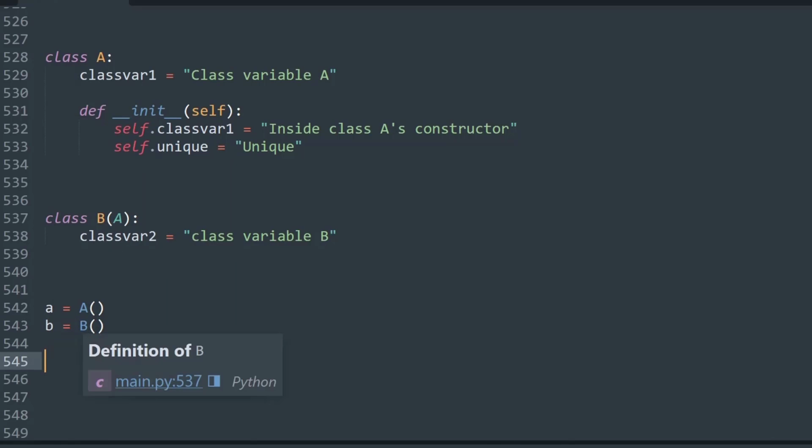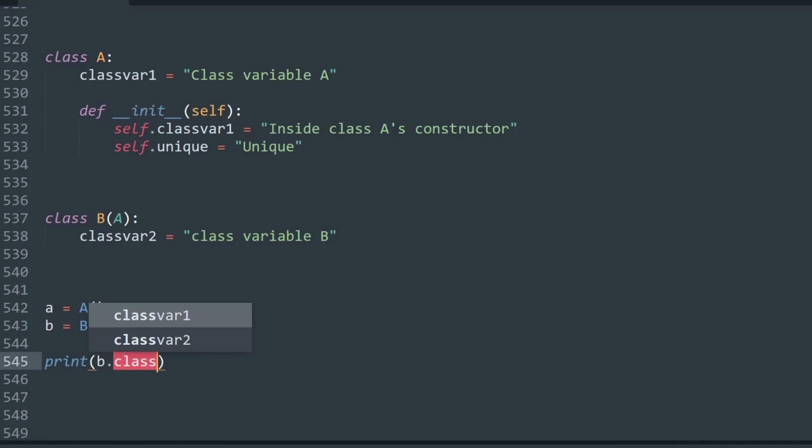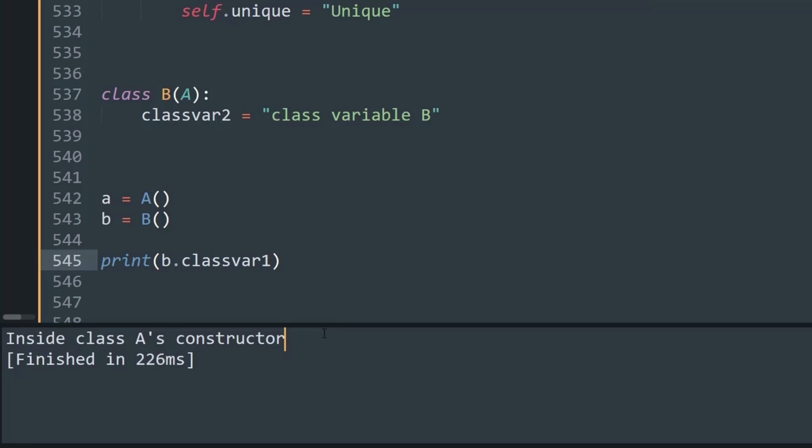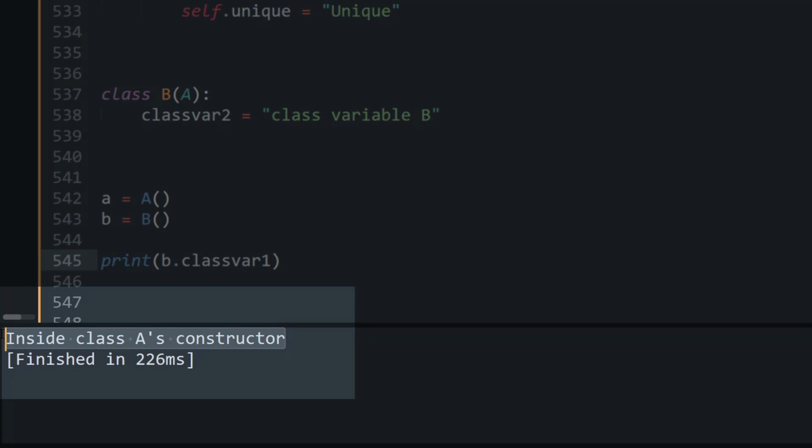Now we will call the class object B and try to access its class var method, so I'll say B dot class var1. Now let's try to figure out what would be the output. Let me print it on the output window, and as you can see, it says inside class A's constructor.